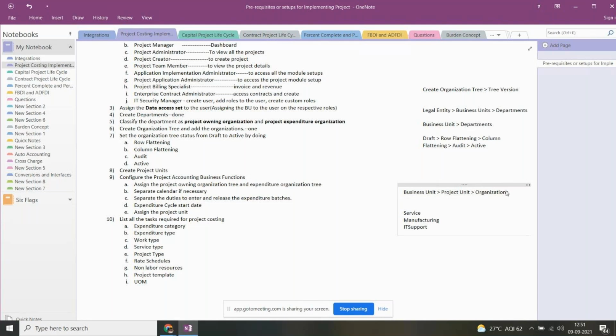When they have multiple lines of business within the organization, and they want to capture their project numbering style differently for each line of business,